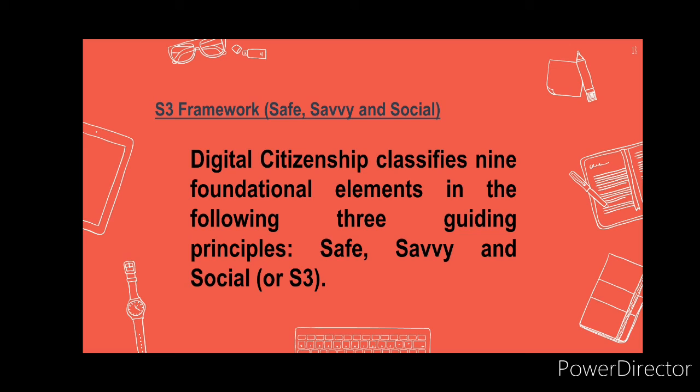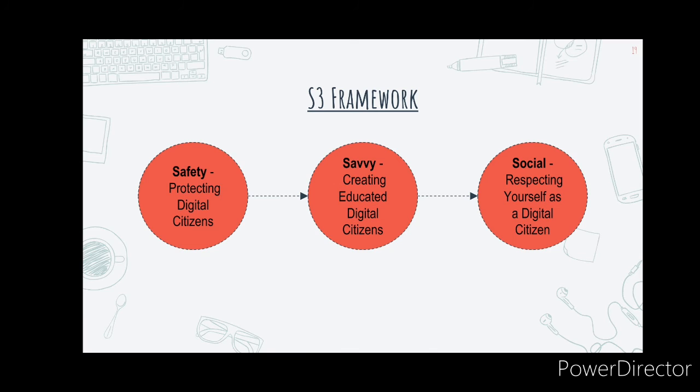The tenets of S3 are a way to support as well as reinforce the framework of the themes of digital citizenship. Each theme or element encompasses 3 levels of support, which could be taught as soon as our children can first pick up a device and start to interact with it. The first guiding principle is the safety. It focuses on protecting yourself and protecting others and creates the base of digital citizenship.